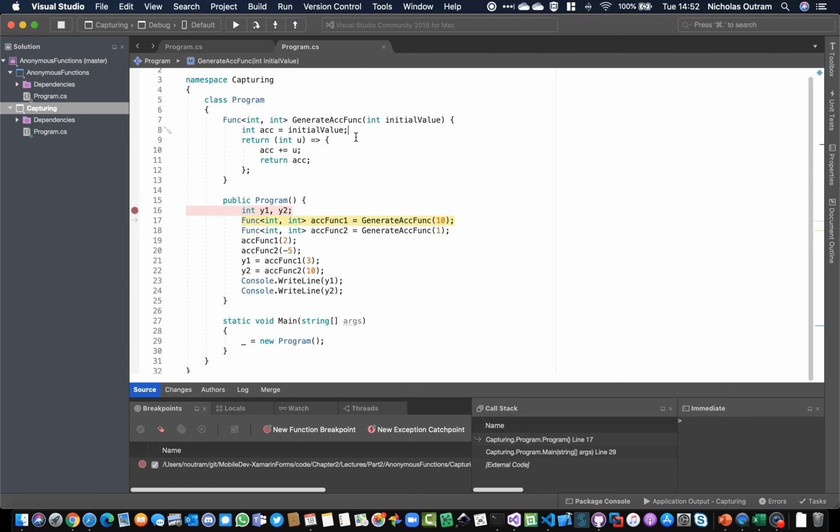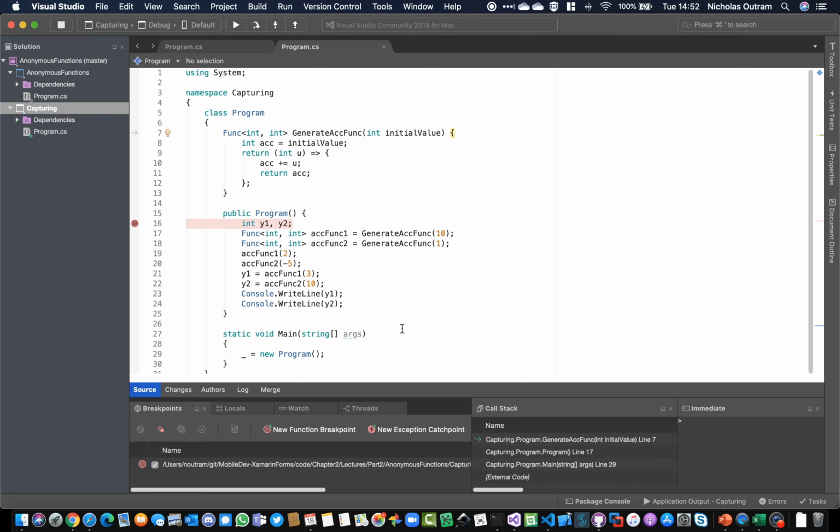So this is going to return back another function. And you might think, well, why would I do that? Okay, let's actually step through this code and see what it does. So we're here, and the first thing we're doing is we are calling generate acfunc and passing in the value 10. So we step in,